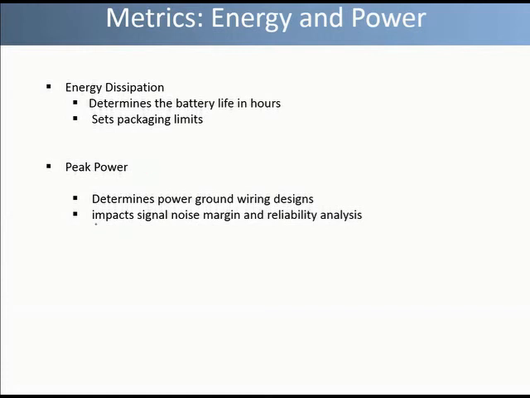For example, let us suppose that the device may be working on 5 watt for 1 year, and suddenly due to some reason it starts consuming 50 watt power. So in this case, due to this sudden change of power, the battery drainage would be very high and the junction temperature will also start to go up, and there can be some point in time when the high instantaneous power could damage the device. Moreover, peak power also impacts the signal to noise margin.